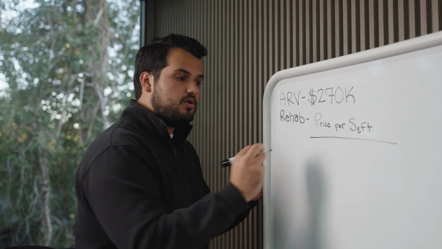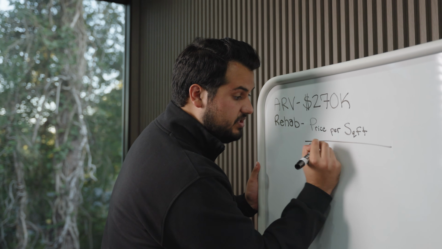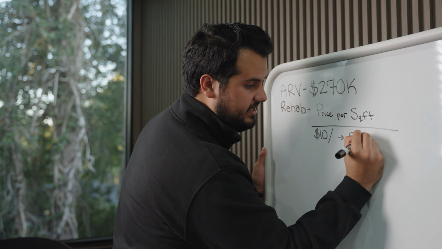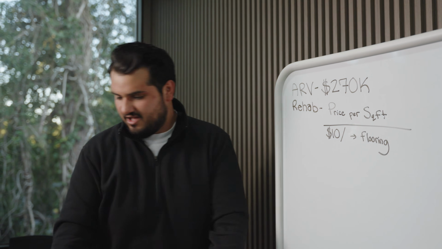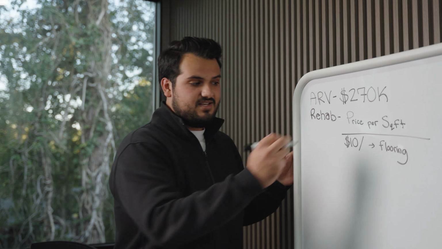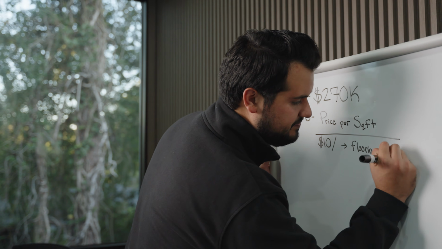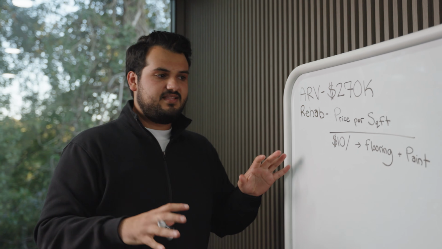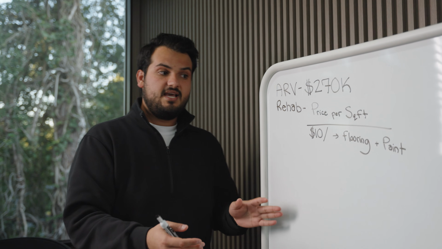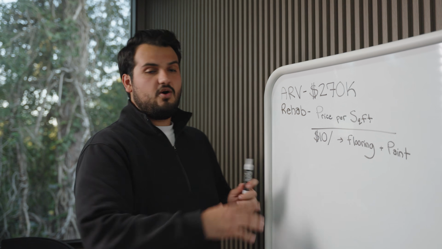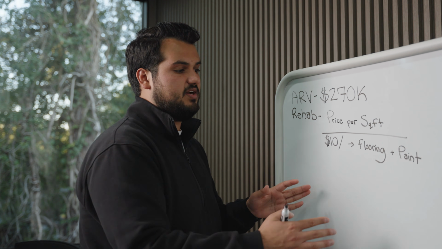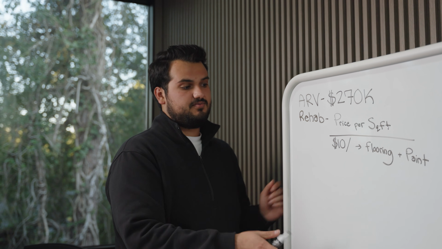So a $10 a square foot price usually equates to flooring and paint. All right. So you're putting in LVP. You're gonna start painting some of the walls, all the interior paint. So $10 a square foot, we're at flooring and paint. And obviously, again, these are all frameworks. These are all things that are guiding our thoughts to determine a conclusion. These aren't set in stone. This isn't like, I know it needs flooring and paint, that's it. There's more critical thinking that is to be involved in this process. So please keep that in mind as we're saying these prices.